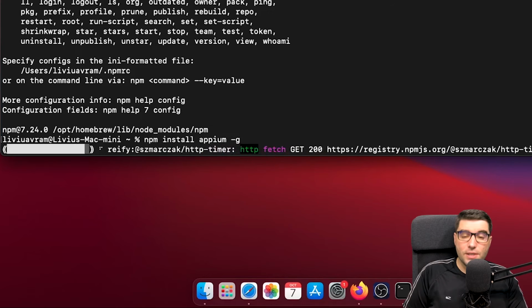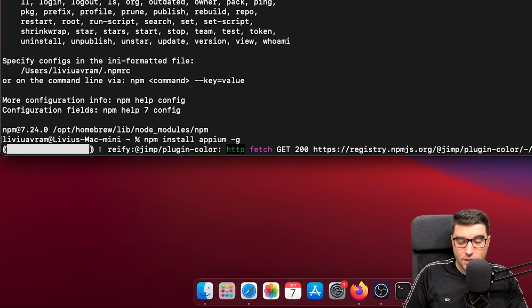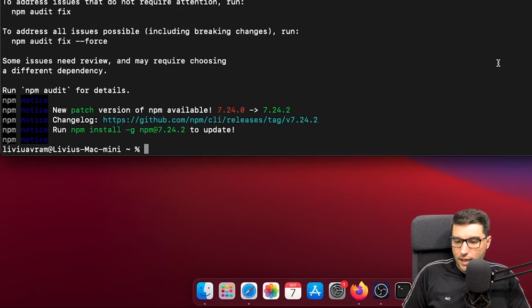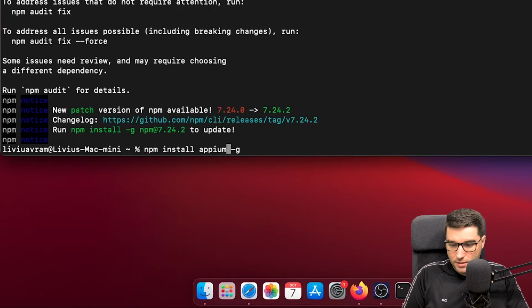And we will also install appium-doctor just to check that we have all the correct dependencies installed and we can go to work. We will verify that appium is installing, and it is installed. Now I will do npm install appium-doctor.